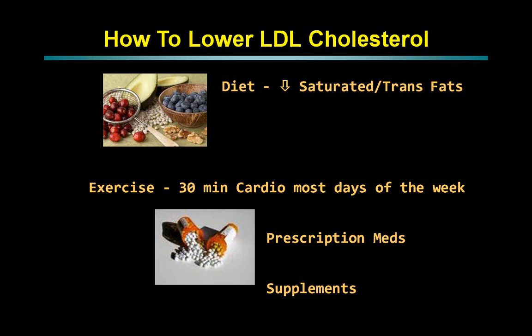It's increasing your exercise, 30 to 45 minutes most days of the week. If you don't exercise at all, start out with 10 minutes. If you're significantly overweight and you can't do 10 minutes of walking a day, I always say work up to 2 minutes twice a day. Because